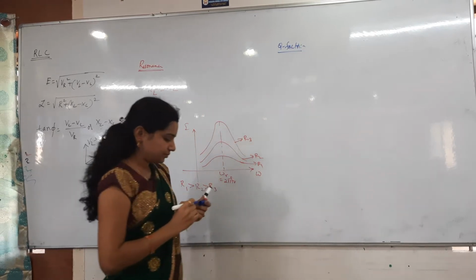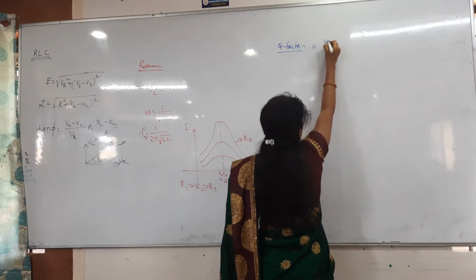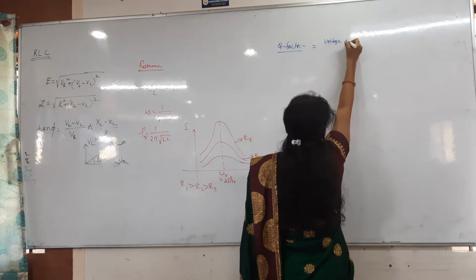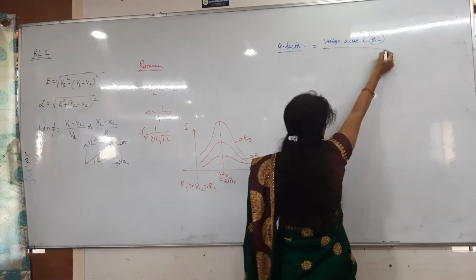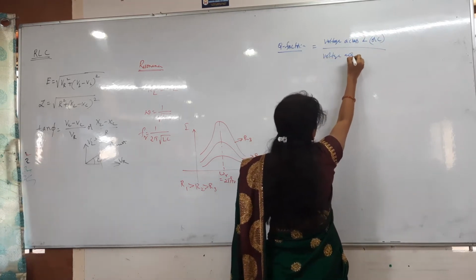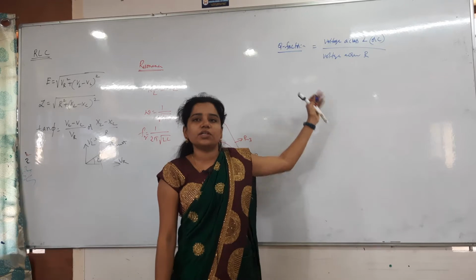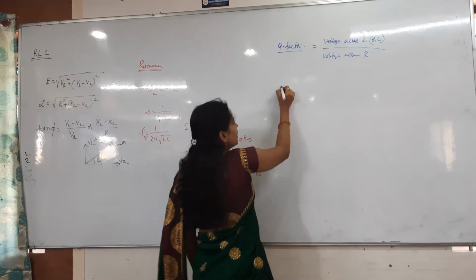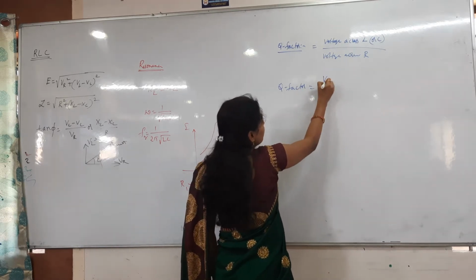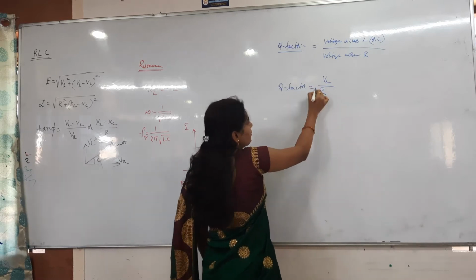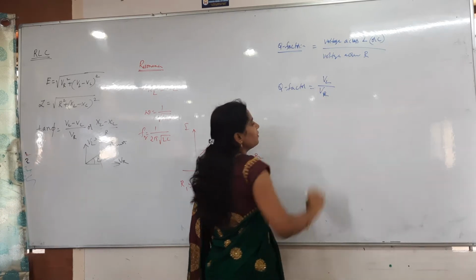Q factor. See that the Q factor is nothing but the ratio of voltage across either the inductor or the capacitor, divided by the voltage across the resistor. Voltage across L or C divided by the voltage across the resistor. So what can I write here? Q factor is equal to voltage across the L, that is VL, by the voltage across the resistor, VR. So here the Q factor is simply VL by VR.